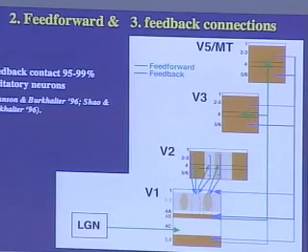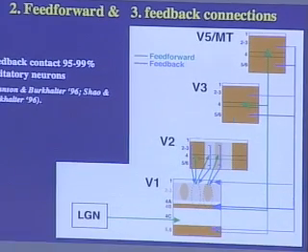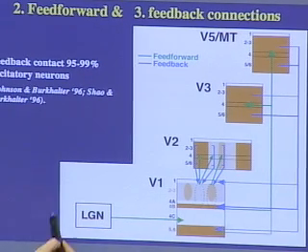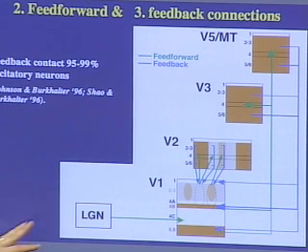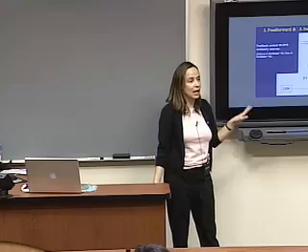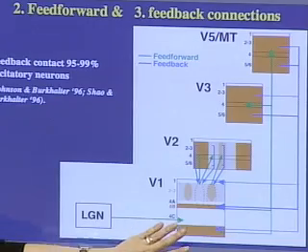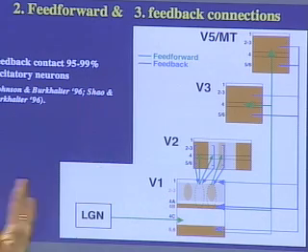However, more recently, there's been evidence that other pathways are involved. And in particular, these are the feedforward pathway from the LGN to area V1. LGN projects to the input layer of V1, which is layer 4C. And it's been shown in cat and primates that the LGN cells also show these center-surround interactions. So one obvious thing is to think that V1 neurons simply inherit this from the LGN. But I'll show you that that's not entirely the case. This will contribute to the V1 surrounds, but it's not the whole story.